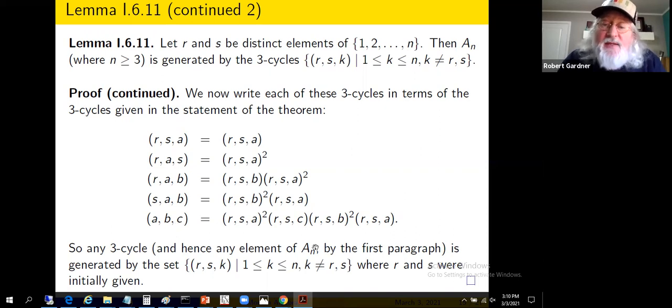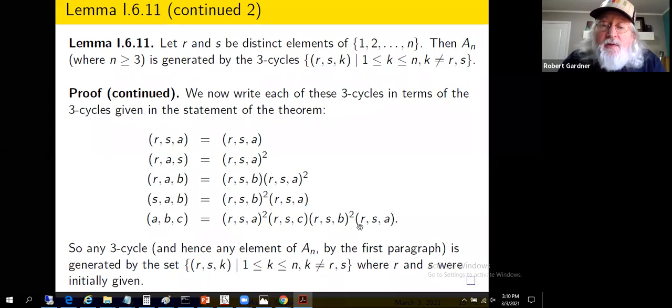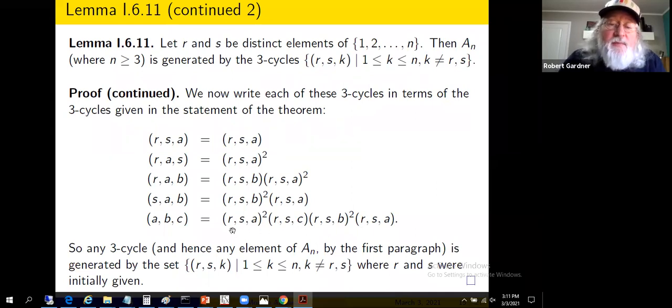Finally, is C mapped back to A? C is mapped to R. R is then mapped to S squared and then to A. Yeah, C is mapped back to A, and indeed, that's what you get. So that's the most difficult one. And it's straightforward to check all these computations. So,